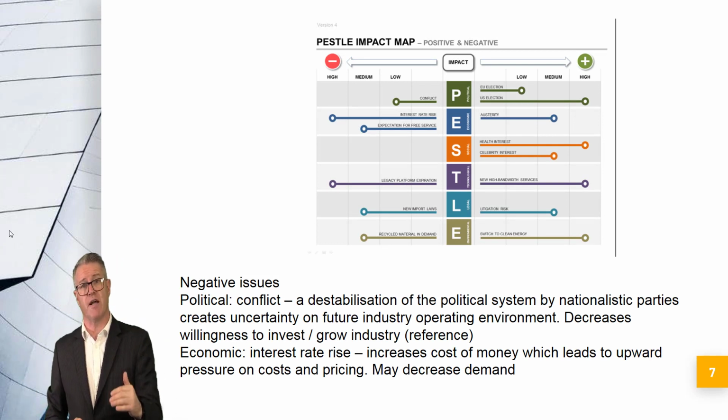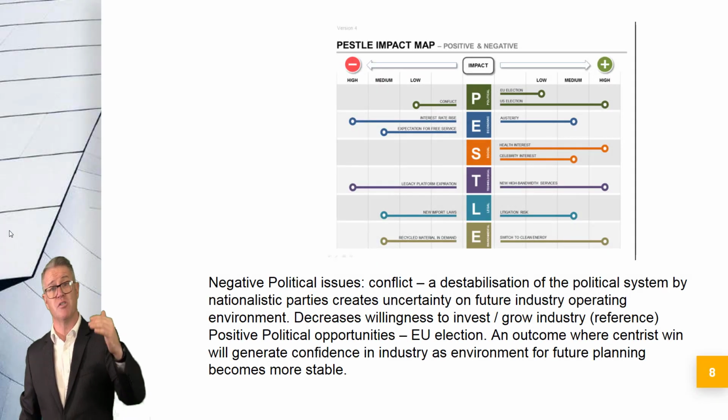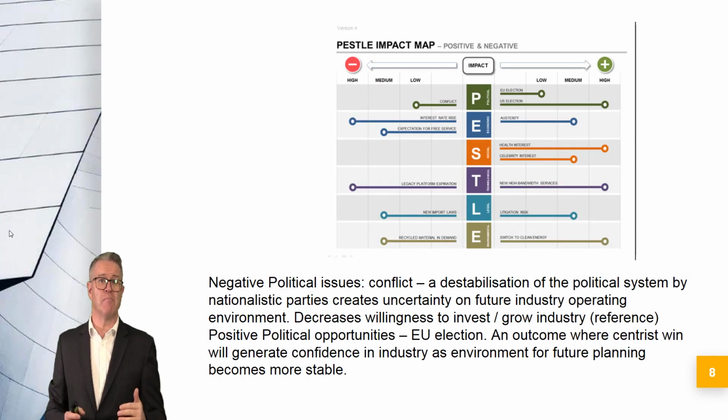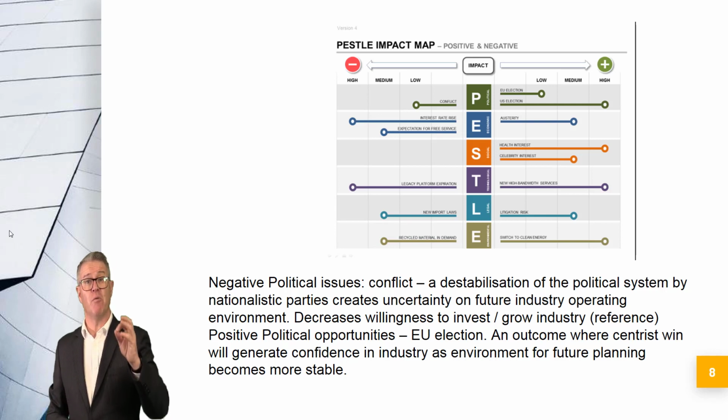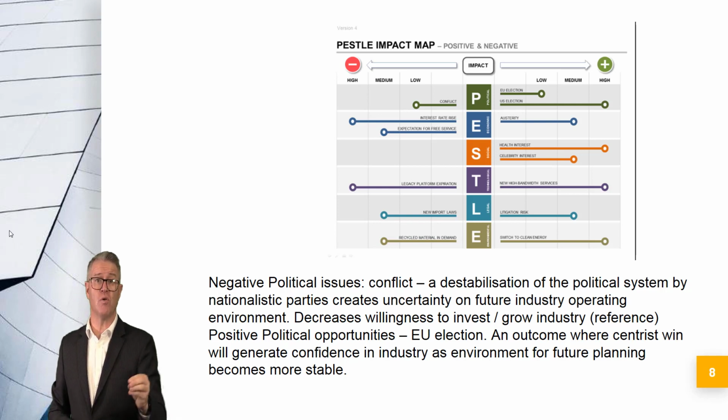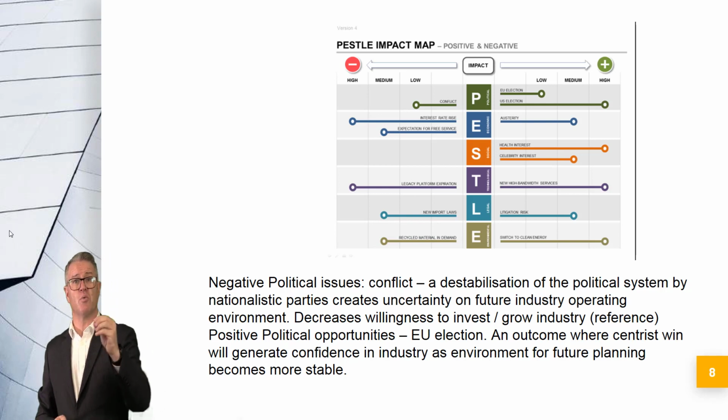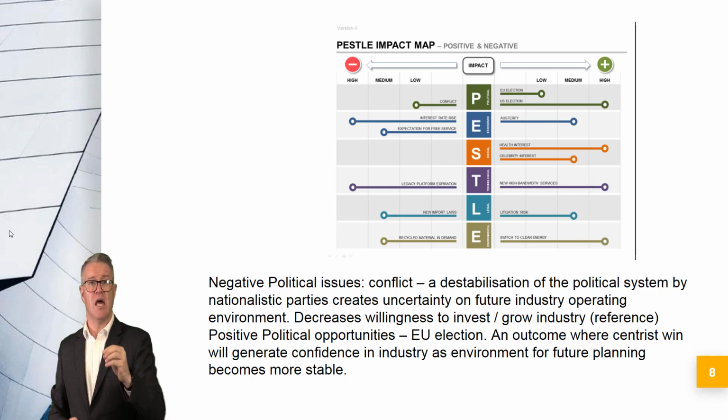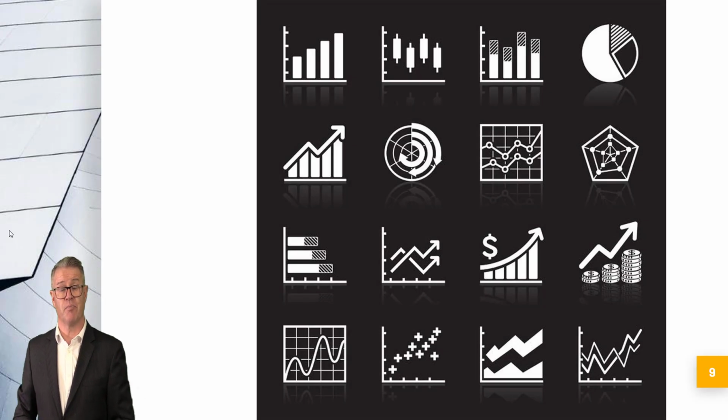You could do all the negative factors first, followed by positive, or you could do positive and negative. I don't really mind, and I can't tell you which to do. It will depend on your insight and the flow of logic towards that, the structure of your argument. So which you choose will depend on what you see as the best way of communicating. The key here is think about what you want to say and think about how you want to say it, and think about the interconnectedness between all of the elements relative to your analysis and insight.